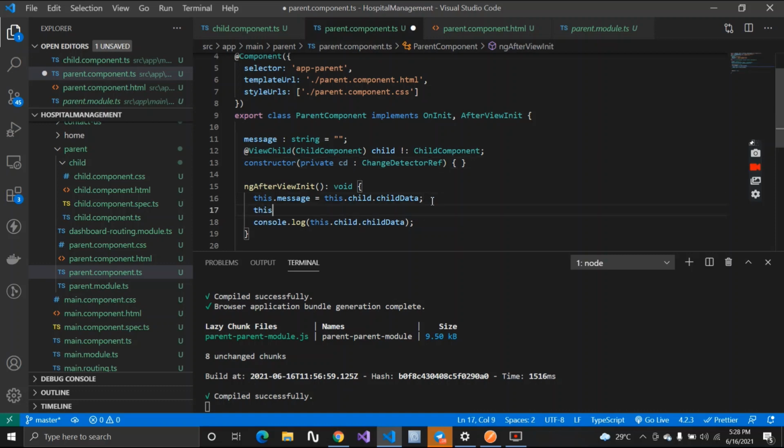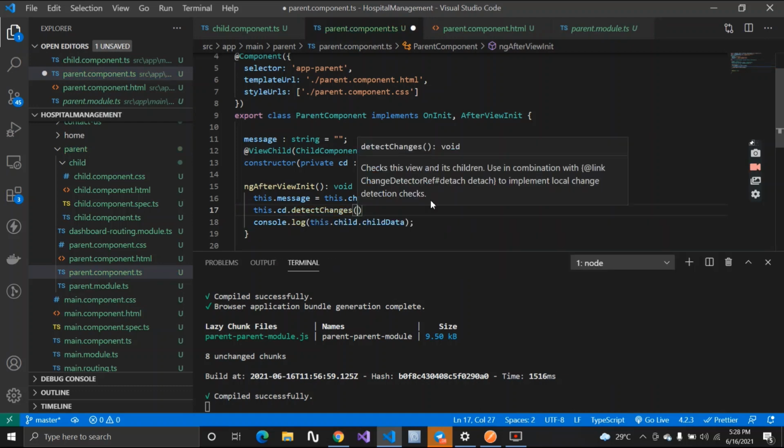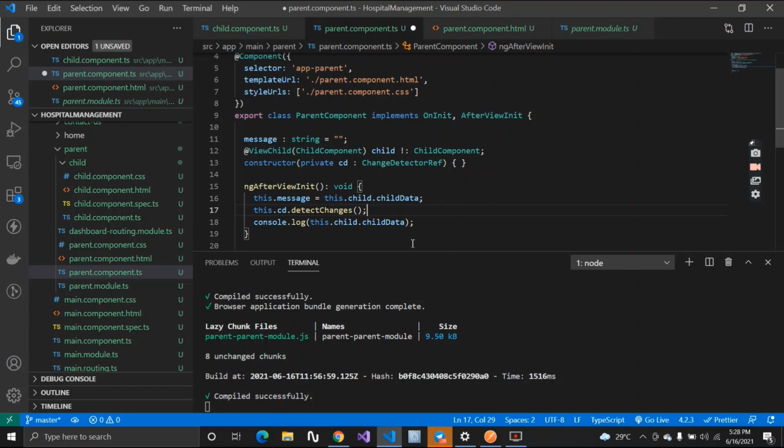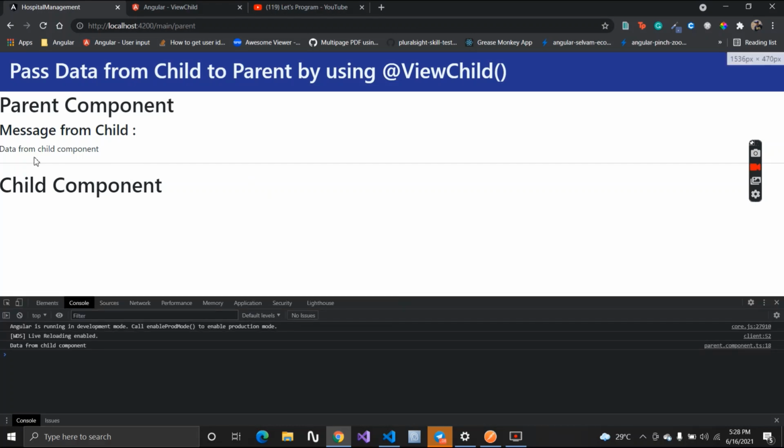So I'll call this cd dot, and I have a method called detectChanges. Now it will detect the changes. Let me save it and check. Our error is gone and we are getting this data inside our parent component. In this way we have learned how we can pass data from child to parent component by using ViewChild.